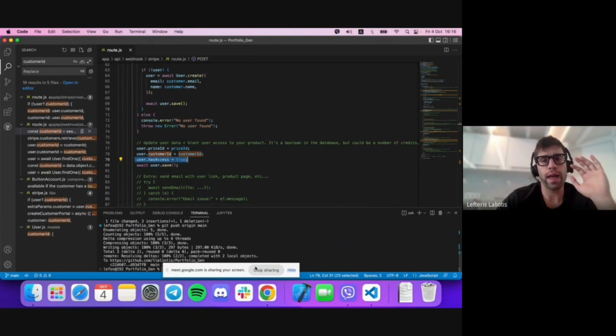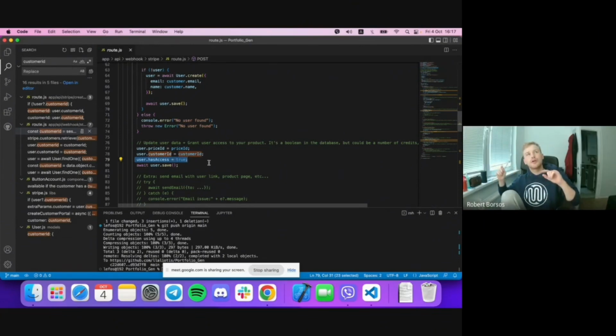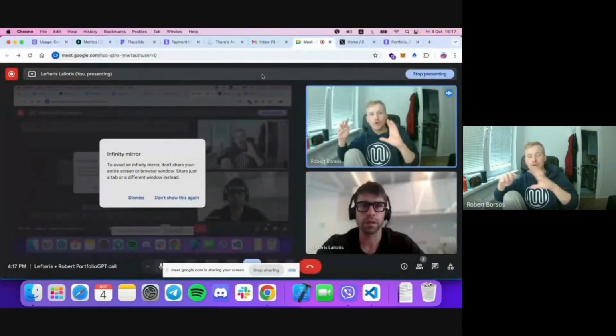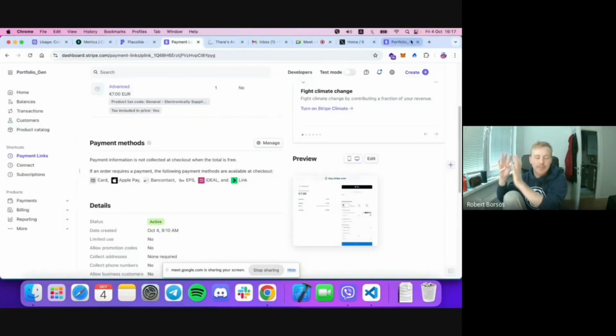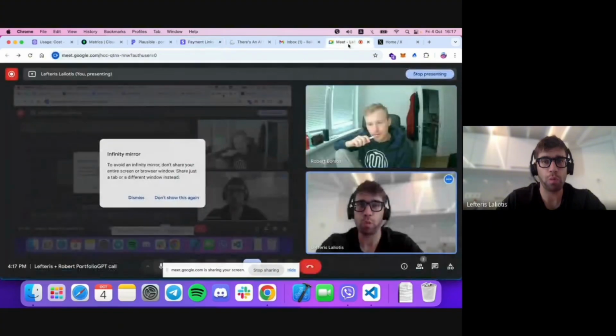Whenever the customer wants to log in, there is a check, always. And how do you push? Because now I sign up with this payment link from Stripe, and then Stripe knows, okay, I paid for this. But how do you push this information that I paid into MongoDB?